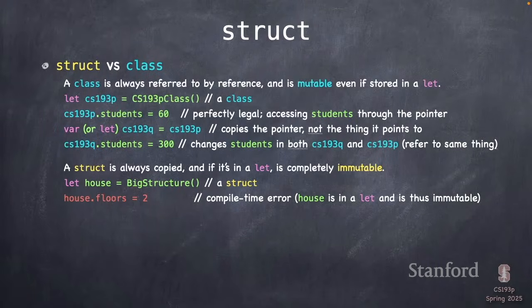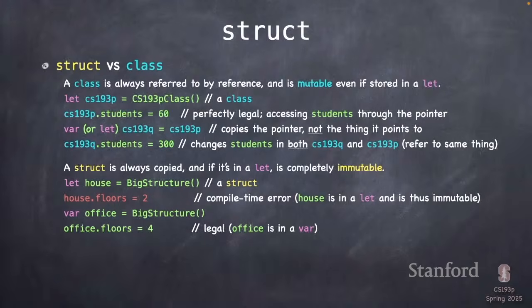So here, if I have let house equal big structure, let's say that's a struct, then I say house.floors equals 2, it will actually not even compile if I put it in a let. See, I let house equal that, house.floors equals 2, because let is not mutable. Now, if I said var office equals big structure, then I can say office.floors equals 4 because